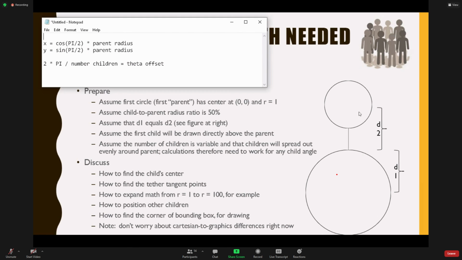All right, so we're about out of time here, but I just want